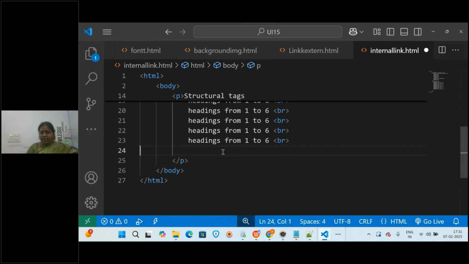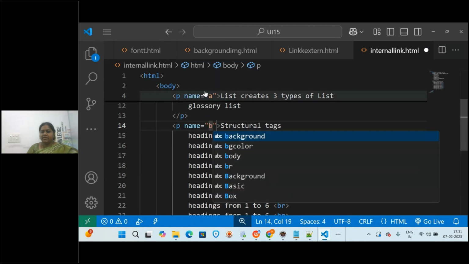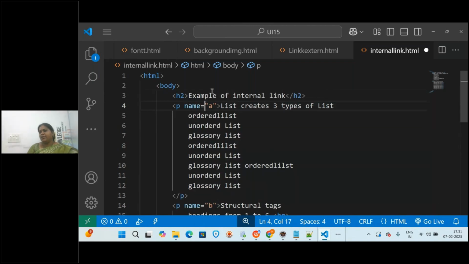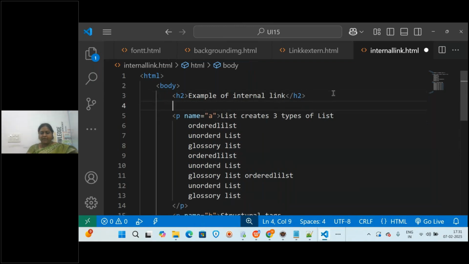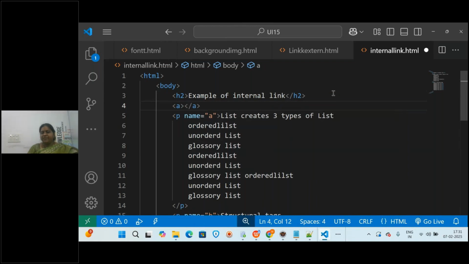Now here you wanted to move to this paragraph tag, then how to give it here? For this also you can provide name is equal to b. Now for the anchor tag you have to provide the href as a bookmark. And whenever you click the link it has to move to the structure tags.